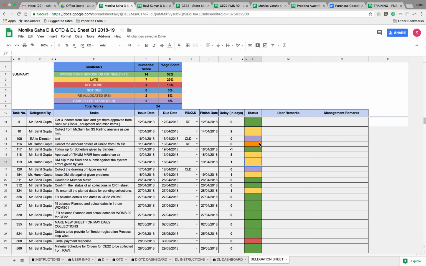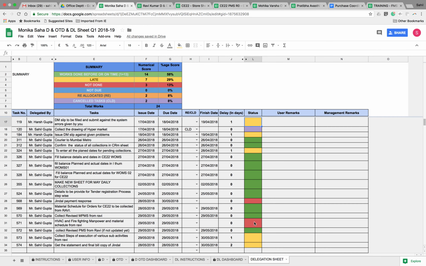So if a task is delegated for this week and it does not get completed, say it was delegated for Thursday, and on Thursday the task is not completed, then the EA will call the doer and ask whether it is completed or not. If the doer states no, it was not completed, then the EA will ask the director and get the task reallocated for the next date as stated by the doer and from the approval by the director. So as you can see, these tasks are not completed yet.